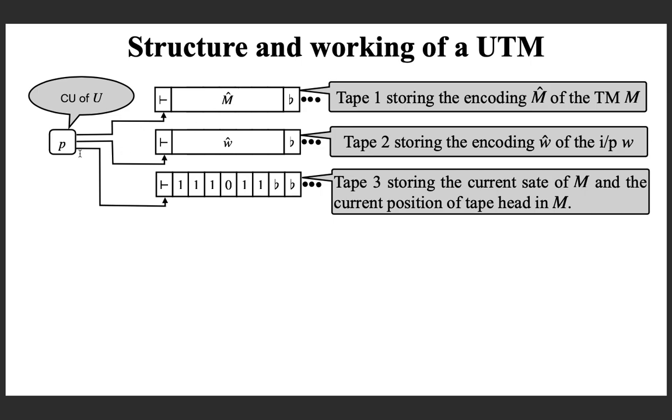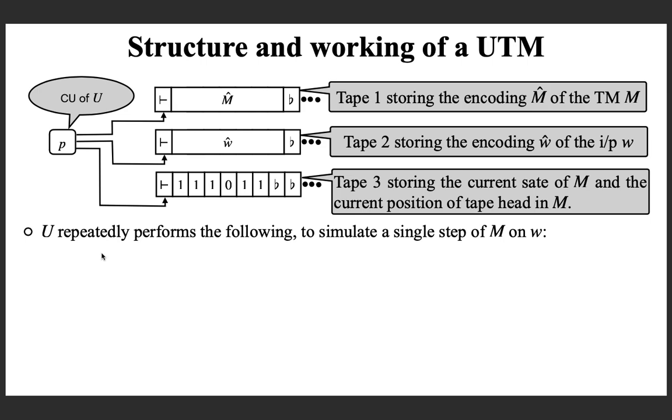The state of the universal Turing machine is maintained in the control unit, but this tape is used to represent or remember the current state of the machine M when it runs on W. So this example says that it is the third state, and after a 0 the next component says the position of the read write head of this Turing machine. Okay,